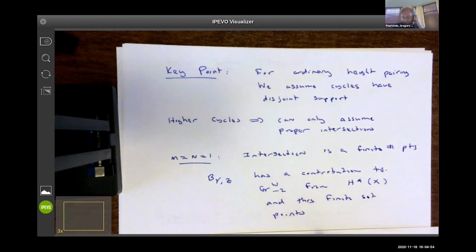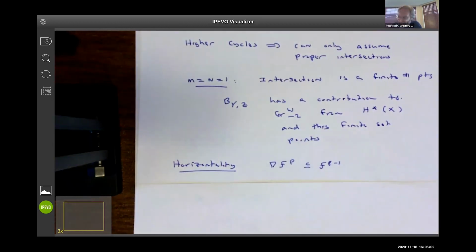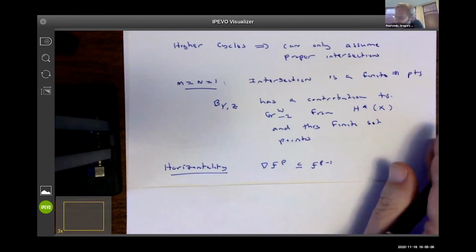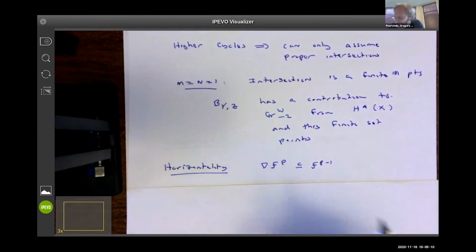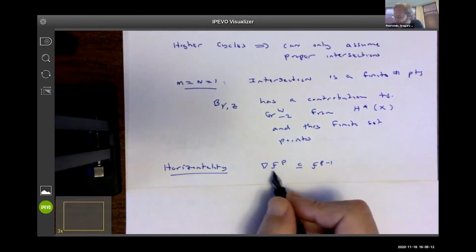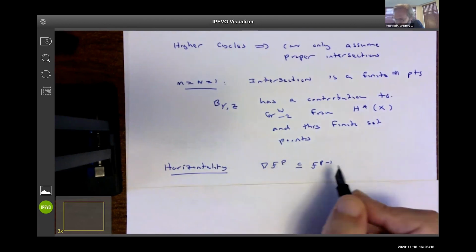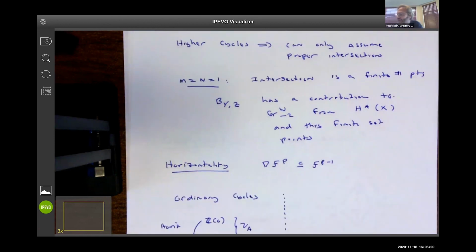Okay. All right, so now I want to explain to you why this is so absolutely critical. Because this caused certainly me confusion for many years. So horizontality says this Hodge filtration that we have to construct has to satisfy F^p differentiates to be in F^(p-1). So now for ordinary cycles,